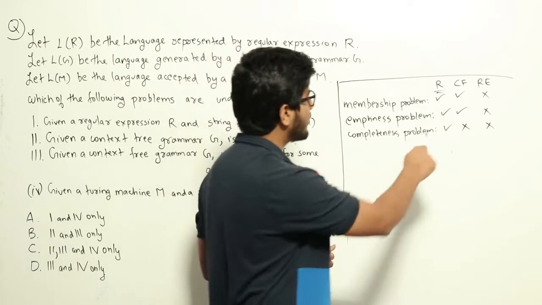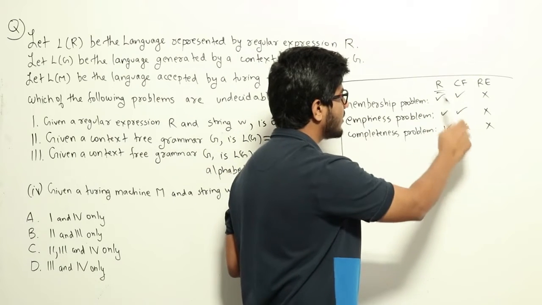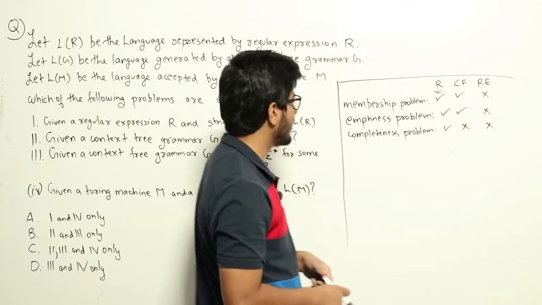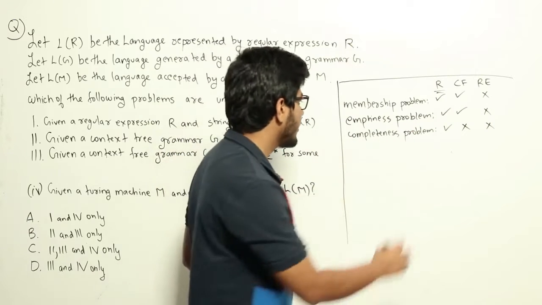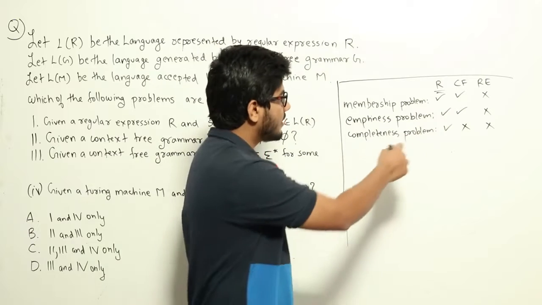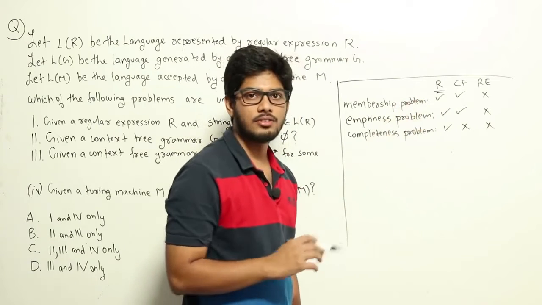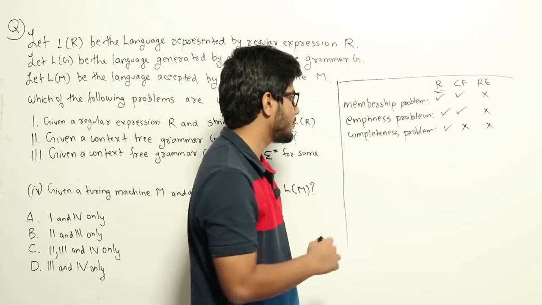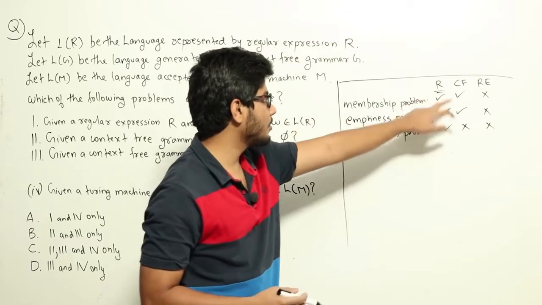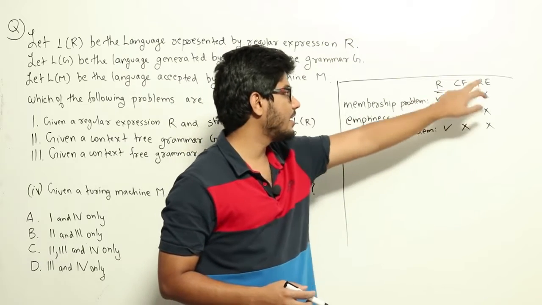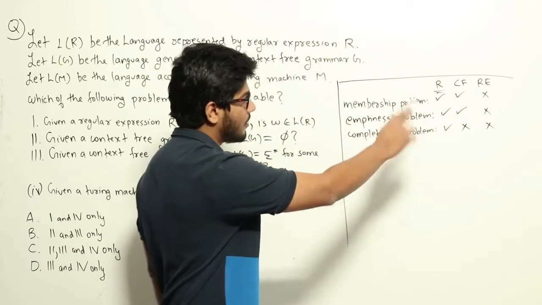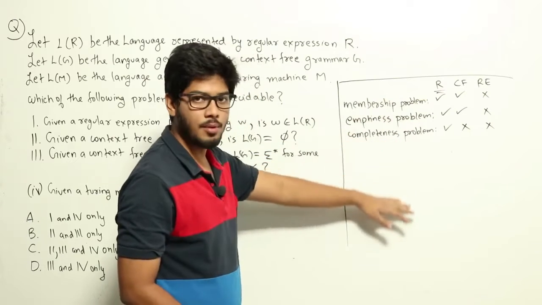So the emptiness problem for regular grammar, it is decidable. For context-free grammar, it is also decidable. For recursively enumerable languages, it is undecidable. Similarly, the completeness problem. Completeness problem means given an alphabet epsilon, whether the language generated by the grammar is equal to epsilon star. That's what the completeness problem specifies. So again, for regular grammars it is decidable, for context-free grammar it is undecidable, and for recursively enumerable languages it is undecidable. Now the proofs of all of these, and there are many other similar problems,